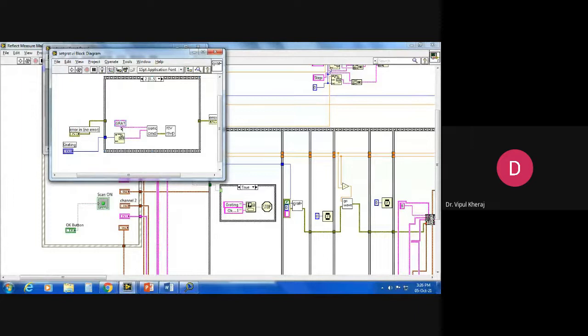Yeah, gr80, that is the command sent to it. If I just replace this gr80 with a question mark, gr80 question mark, and send it, it will tell me which grating is in place, right?